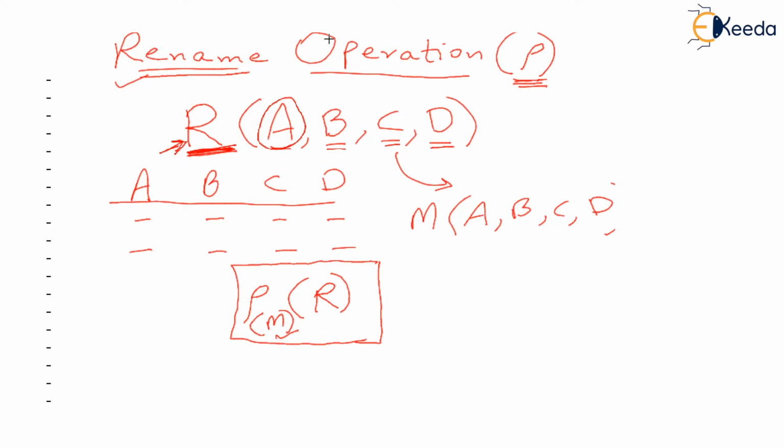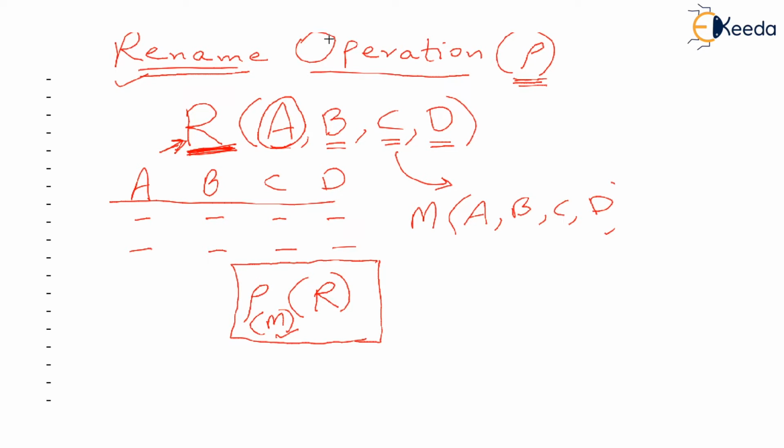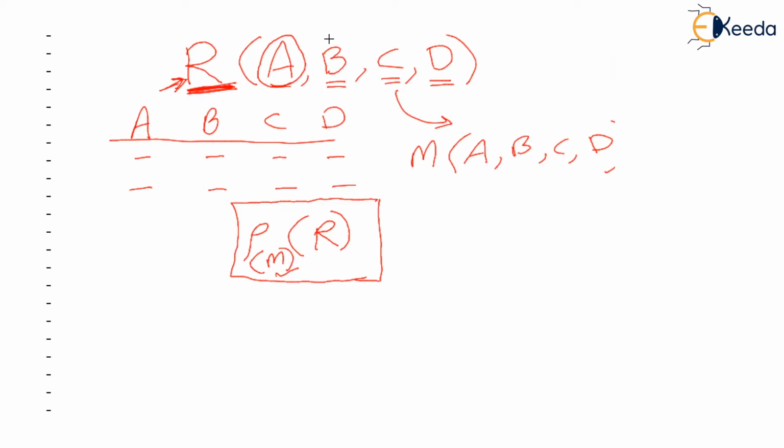And how we are going to use the rename operator is, we will write rename and the original table R. Now you recall that R has 4 columns A, B, C, D, and we want to rename the column A as, let's say, X. So we'll write the new name of the column, but the other column names will be written as they are. So in the table R, now the column names instead of A, B, C, D are X, B, C, D. That's the way how you renamed this particular column.